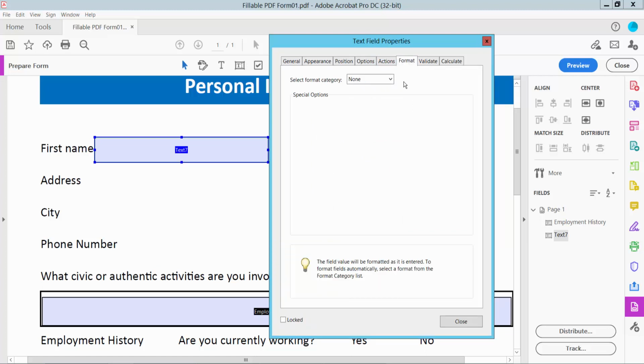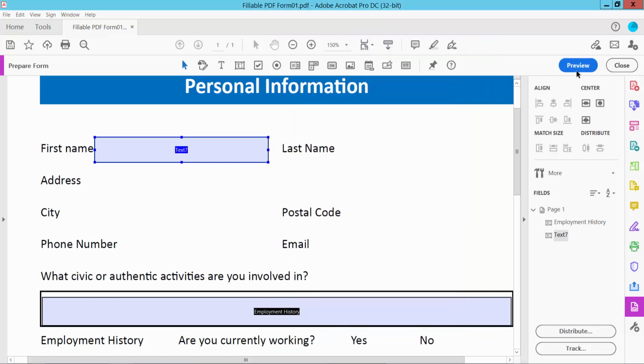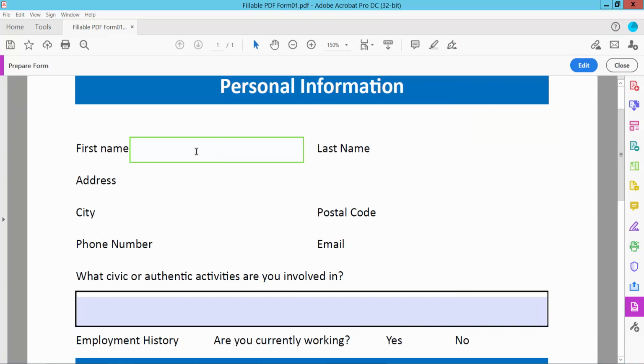Now click Format option. Here you can change other options. I choose none. If you choose none, you can type text and number, both of them at a time. Now click close and click preview and type here, type text. Also you can type here number